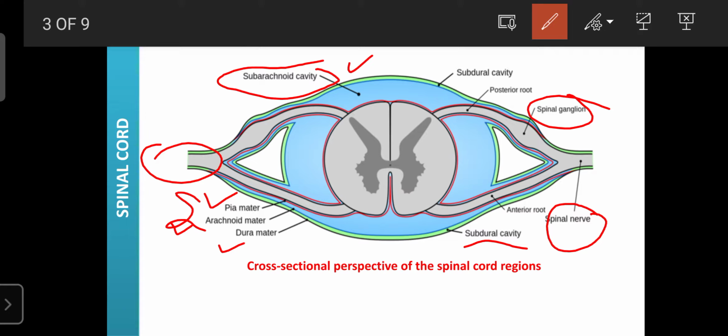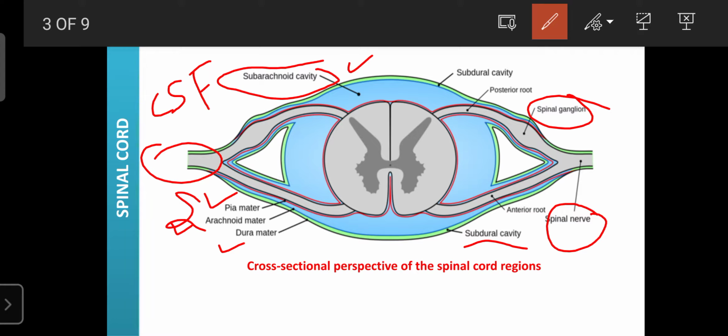This subarachnoid cavity is filled with a fluid known as the cerebrospinal fluid. This fluid is rich in WBCs, lymphocytes, nutrients, electrolytes, and it also contains respiratory gases like oxygen, carbon dioxide,